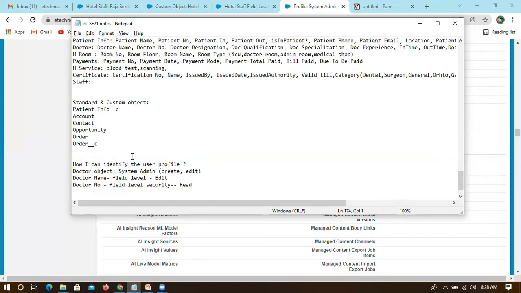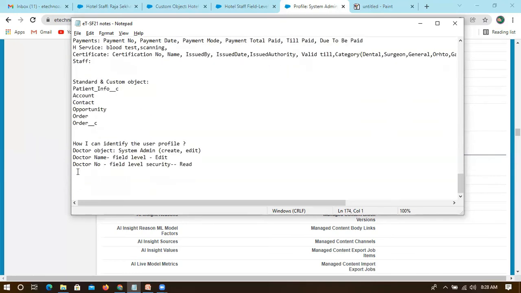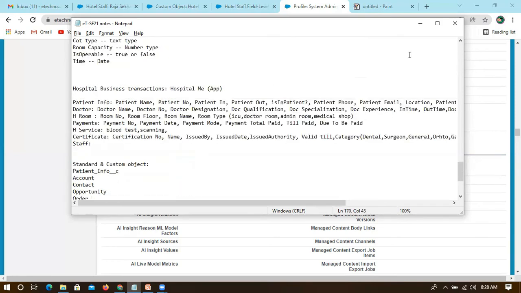I'm not focusing much on the same topic again and again, because it will be boring also. But it is scenario-wise, so you have to try this tomorrow so that you will understand more. If you try this, you will be confident on how to check profiles, how to create profiles, how to check these permissions, and what will happen in the system. Try this out tomorrow. And how can I identify a profile? You have to go to the user and check that, and try these also, right? And now, what we will be doing.